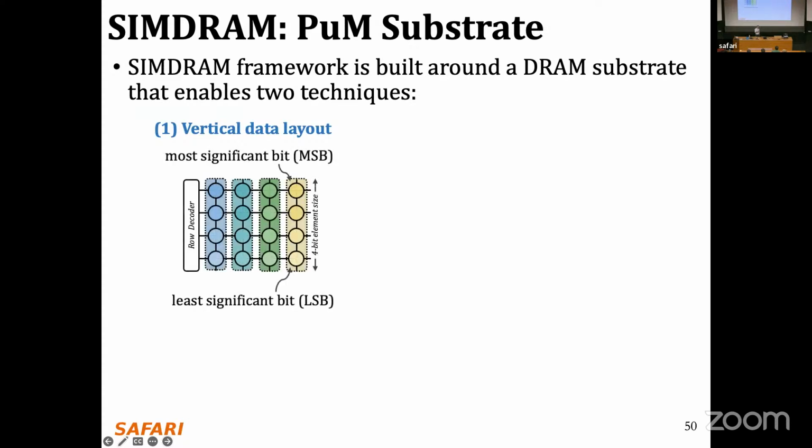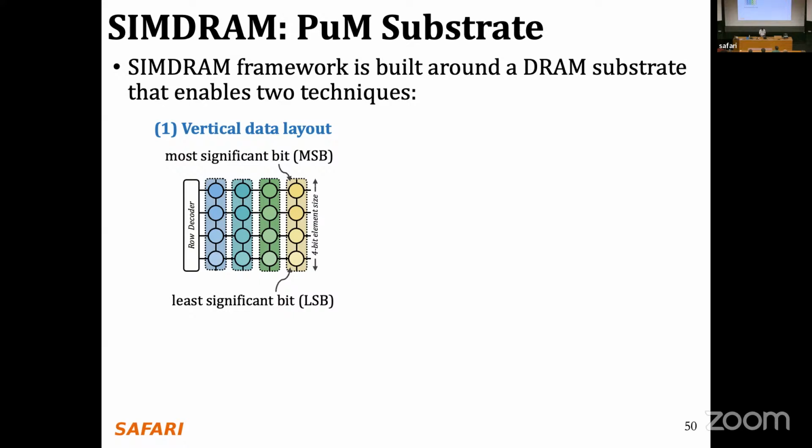If you want to do addition in DRAM using this substrate, using AND, OR, and NOT gates, you can think about a ripple carry adder circuit, where the majority of the gates are XOR gates or AND and OR gates. The problem is that if you want to do a high precision computation, let's say a 4-bit, 16-bit, or 32-bit addition, at some point you are going to have to start propagating the carry in that ripple carry adder circuit.